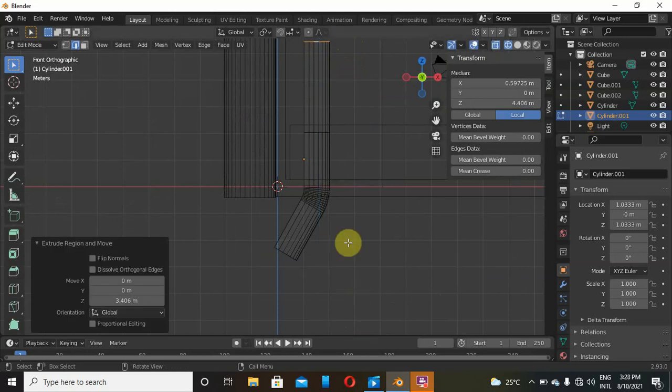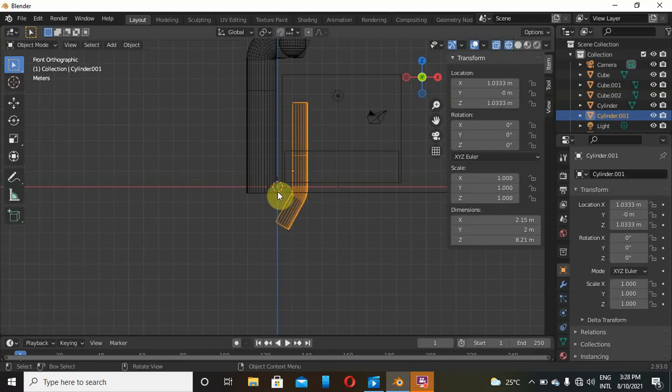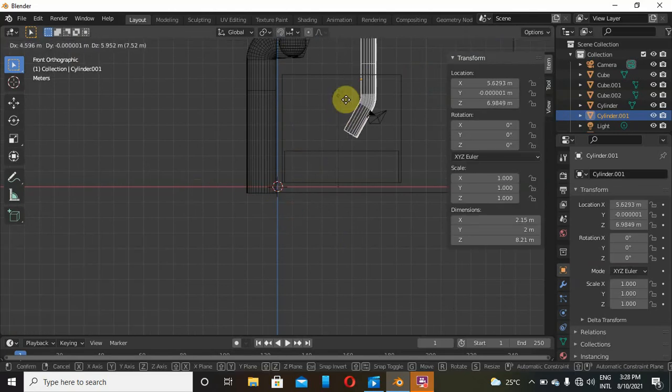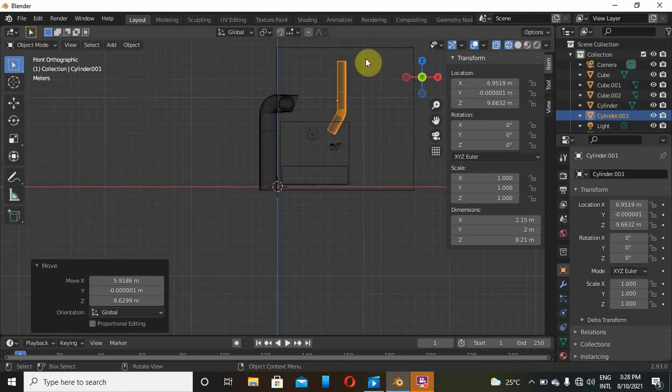Use any dimension. Now we are going back to object mode, so click on Tab and then G to pick this object here. This is the one which is going to stay on the vessel. Now click on R to rotate it,